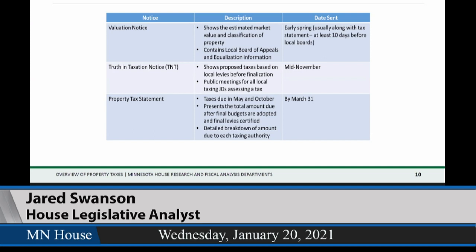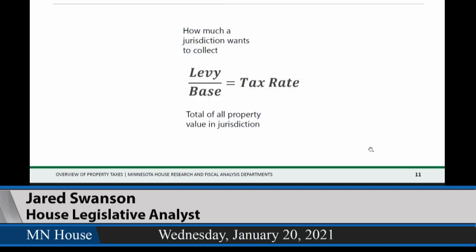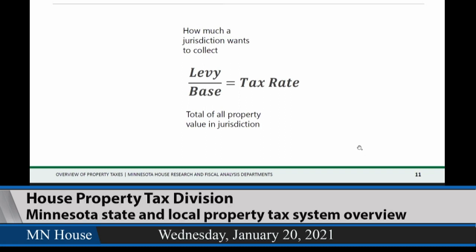Next slide, please. So for the next 3 slides, we're going to take a look at how property taxes are actually calculated. At the most basic level, the property tax is determined by a jurisdiction's rate multiplied by the value of each property within that jurisdiction. So to determine the rate within a given jurisdiction, you take the levy divided by the tax base within that jurisdiction. So for example, if you wanted to know the tax rate in Martin County, you would take the levy that Martin County has set for a given year and divide that levy